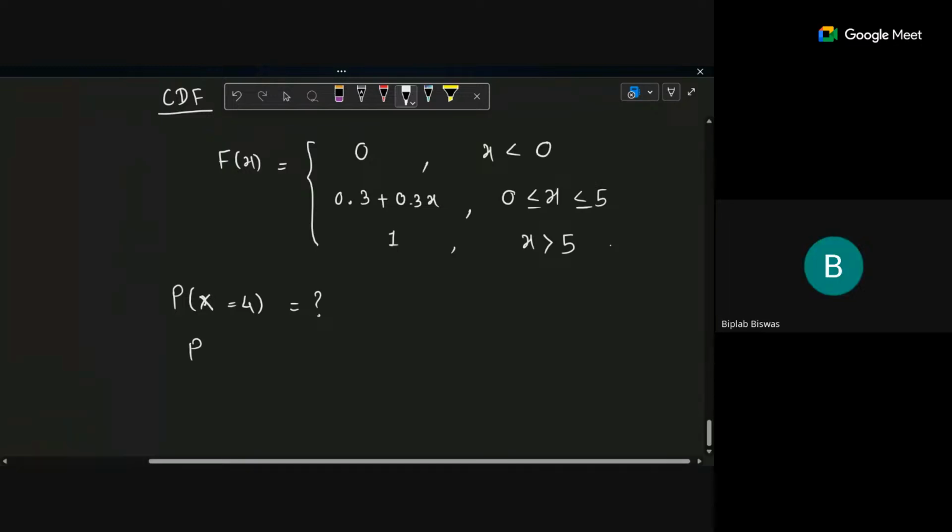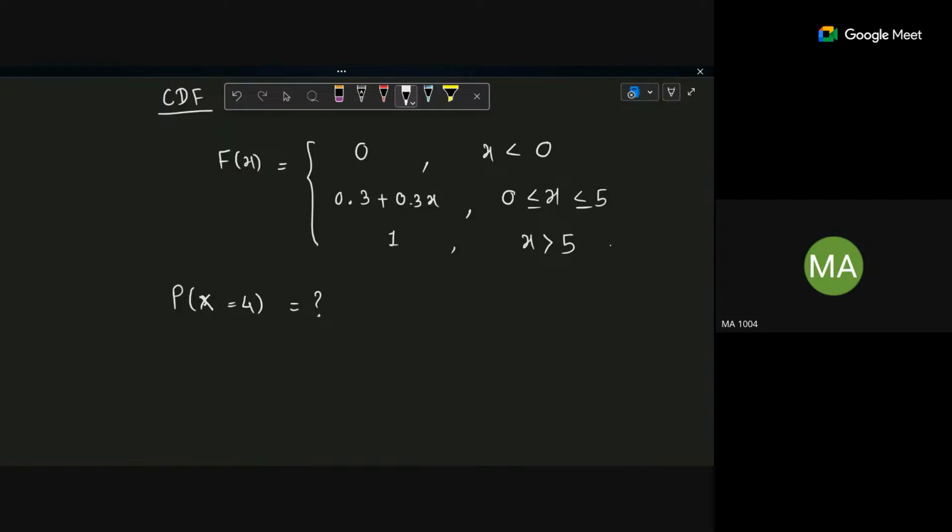x is equal to 4. And just tell me what kind of random variable it is. Is it continuous, discrete, what? This is continuous till less than 5. Sorry, your voice was broken. He's telling continuous till less than 5, which is